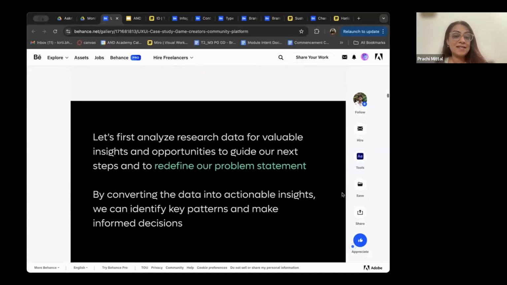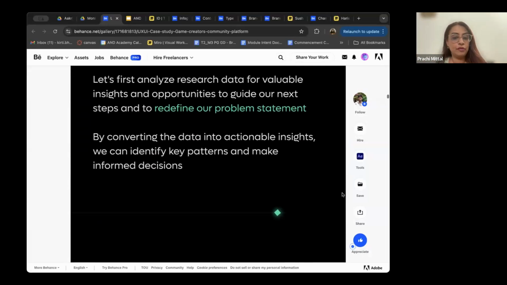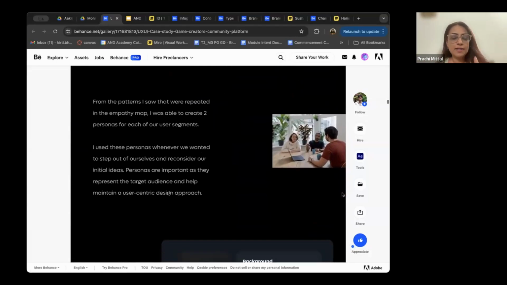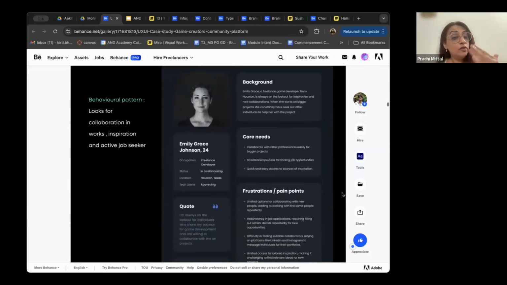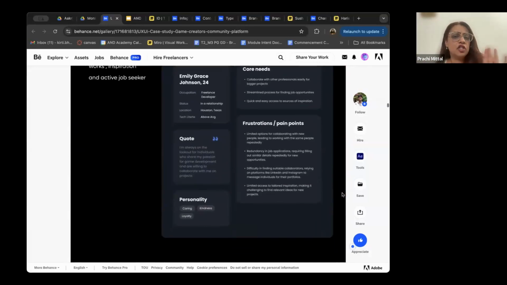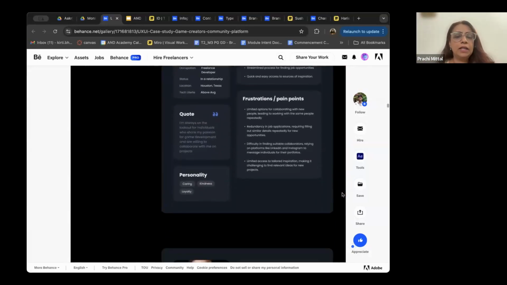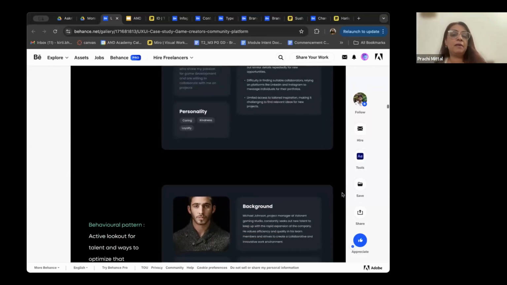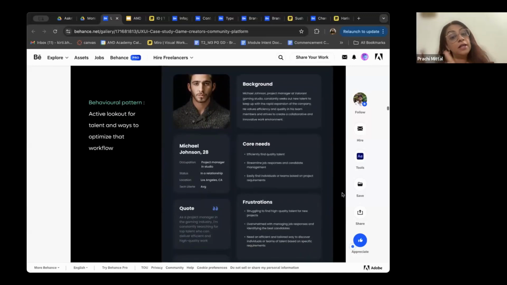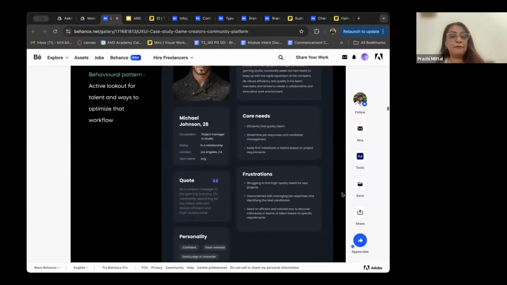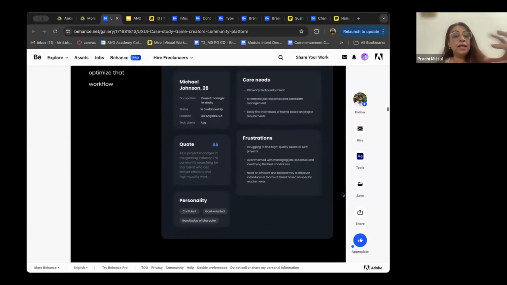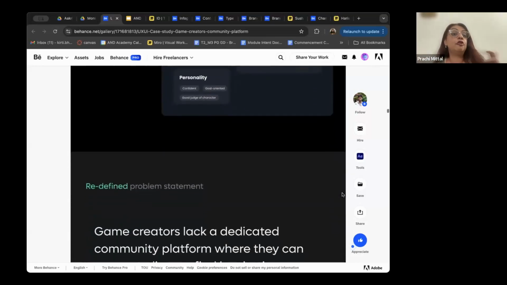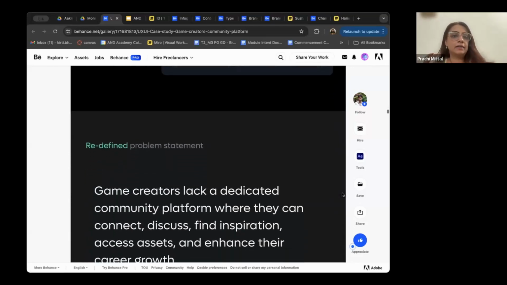Yeah. And now he starts thinking about the solution, right? Let's keep moving forward. So he did all of these things. Personas I have already spoken about, right? And you will realize that this is just a representation. He didn't interview a person called Emily. This is a representation that these are the kind of people and they have common pain points. But this is a different type of user, but he's also going to come on my platform and he has these needs. Now, Emily and Michael's needs, some might be common, some might be different. And somehow the platform has to solve the problem for both Michael and Emily, right?